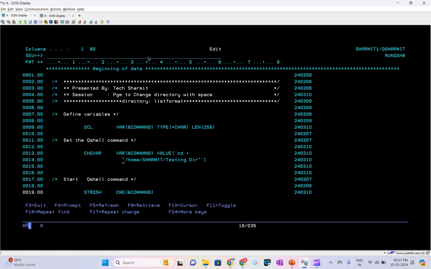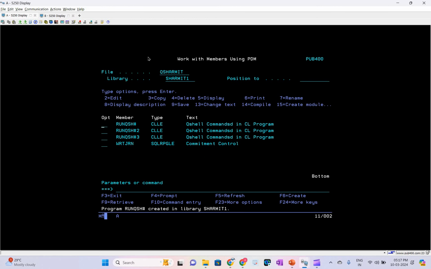Then we are good with the program, and it's time to compile it and see the output. Once you compile it, it is compiled, and then call. The moment it calls, it is called successfully. That's why we are not getting any kind of error. So it means our program has worked successfully. I think it is clear to all of you. I hope everything is clear and we got the solution for the